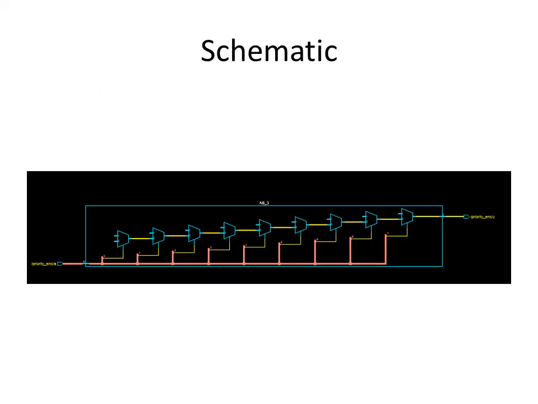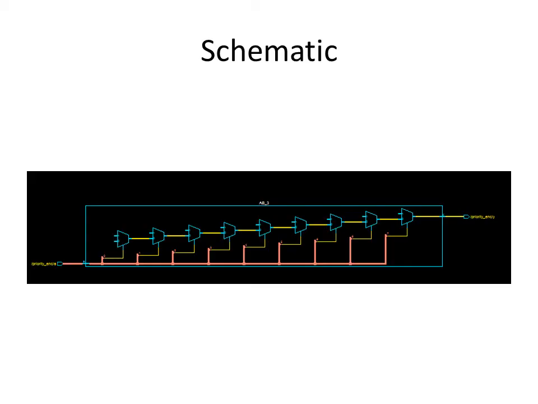Now this is the schematic diagram. My priority encoder and the normal 8x3 encoder both have the same test benches. The only change is in the structure. You can see here that in the priority encoder the circuit complexity is greater, and each time we are comparing the signals, and finally we get the output.